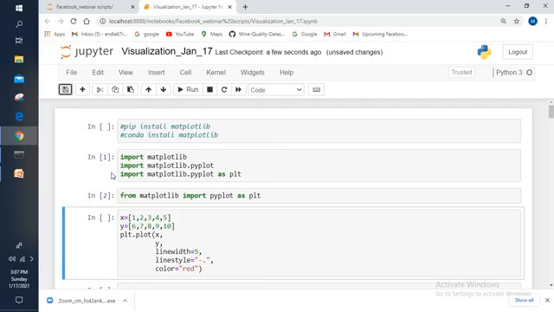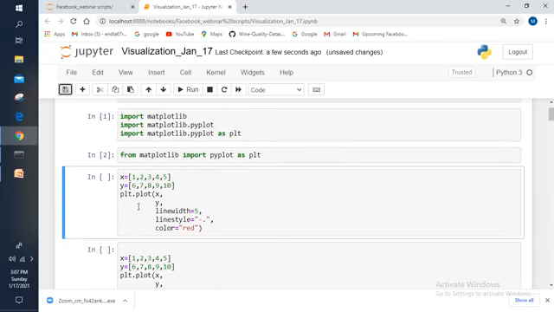Right. Now, if you want to draw any kind of line plot, then you need to use the plot function taken from the matplotlib.pyplot module. Through the plot function, you need to pass your data. Here I am passing the variable names x and y. Here I have taken the data. I created a list using the elements 1, 2, 3, 4, 5 and stored that list in the variable x. In the same way, I have created one more list with the elements 6, 7, 8, 9, 10 and stored it in the variable y.